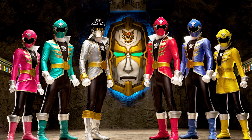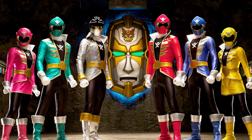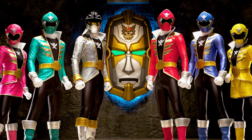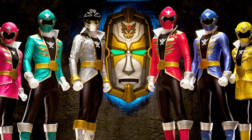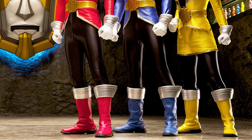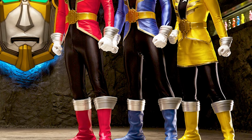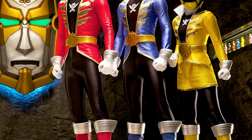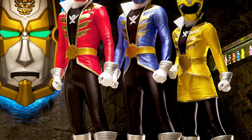Even though the Super Megaforce helmet is not one of my favorites, I have to say that the costume looks amazing. Obviously, everyone can notice that this season's theme is pirates, and this can be seen all over the suit. This suit has a lot of well-matched details, and we can start by talking about the best thing about it,